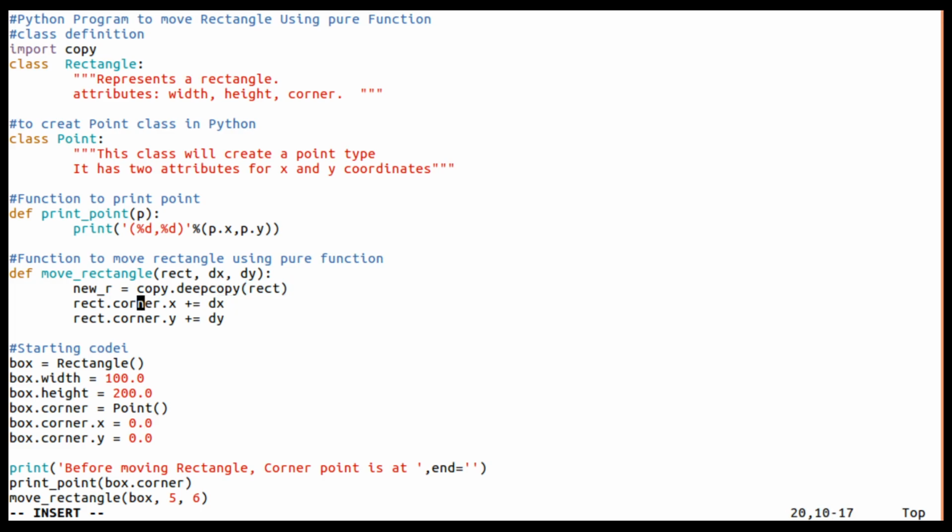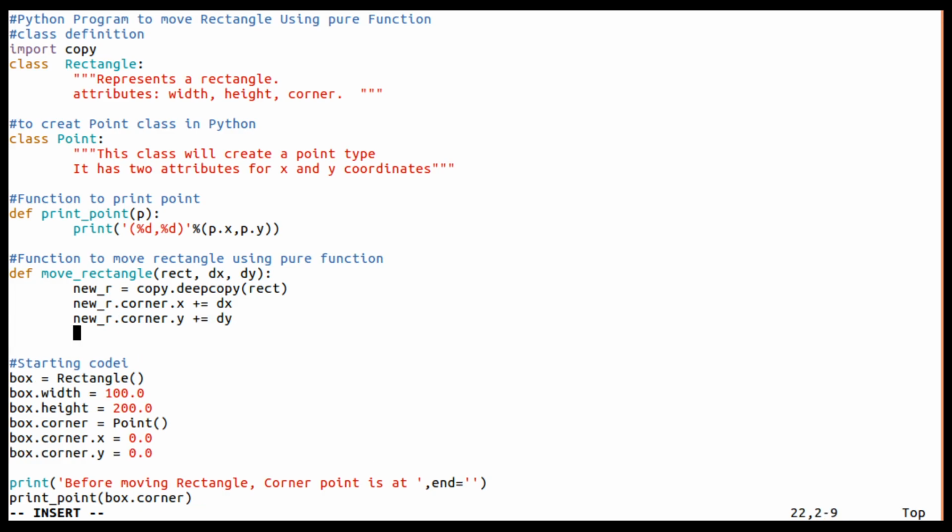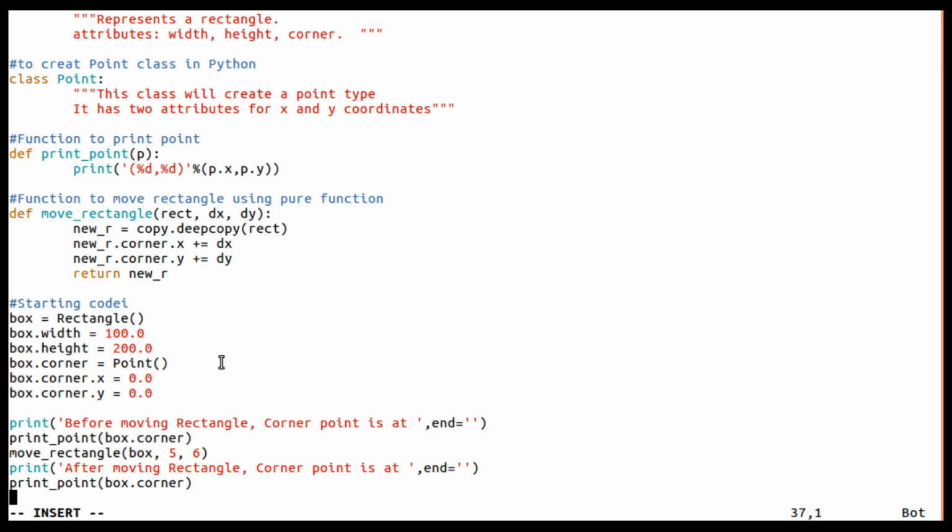Now whatever I want to change, I'll change with this. This is new underscore r dot corner dot x is this, and this is new underscore r dot corner dot y is equal to this, and later let me return this object. Return new underscore r. Here, as usual, this box dot corner I will change to 5, comma, say for example 5.